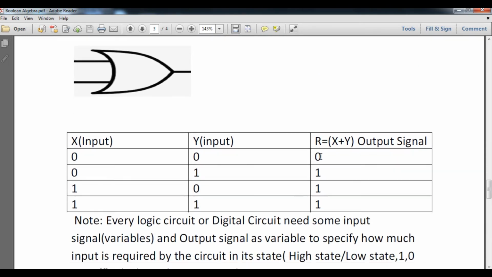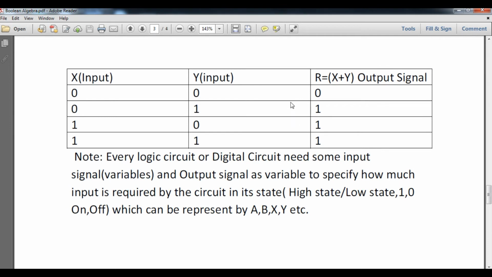If you are talking about the truth table and its possibilities, if the input signals are x and y, then what will be r, that is the output signal. You can see, students, as I told you, if any one of the input signals is 1, the output is 1. Here is 1, again here is 1, here is 1. So all of these are high state, whereas only if all the input signals are in the low state will the output signal be in the low state. I hope you have understood it. Let me explain it once again. If any one of the input signals is in the high state, the output will always be in the high state. Otherwise, if both are in the low state, it will show output in the low state.